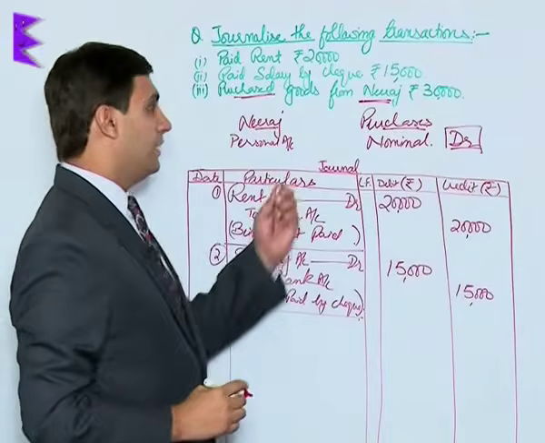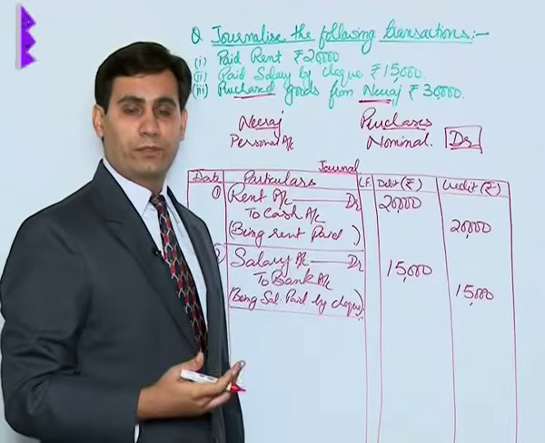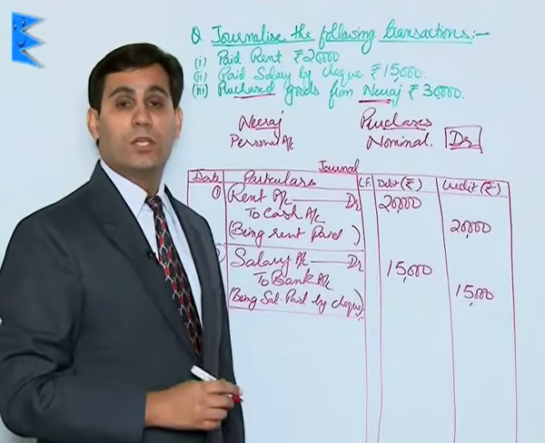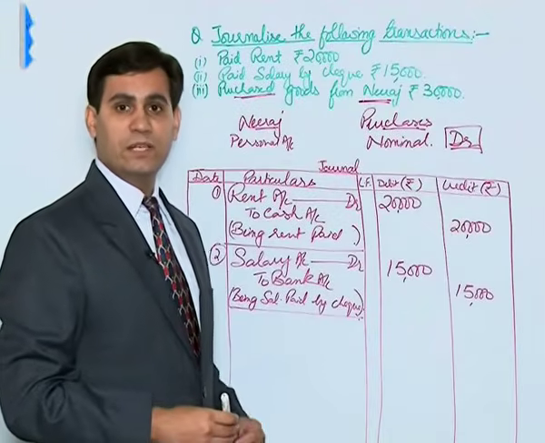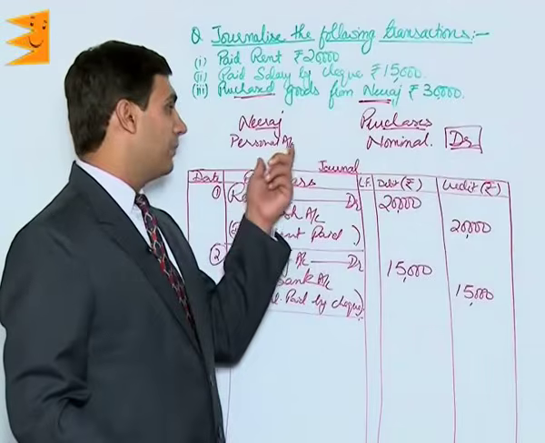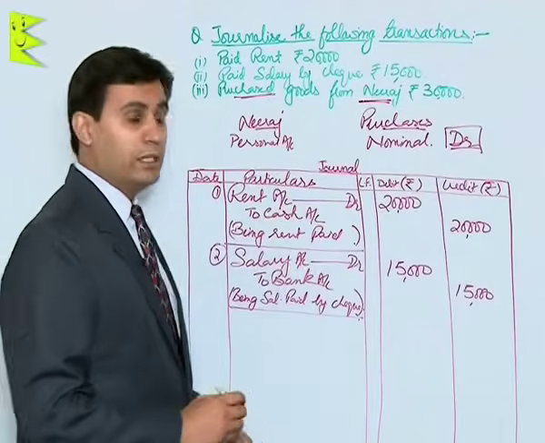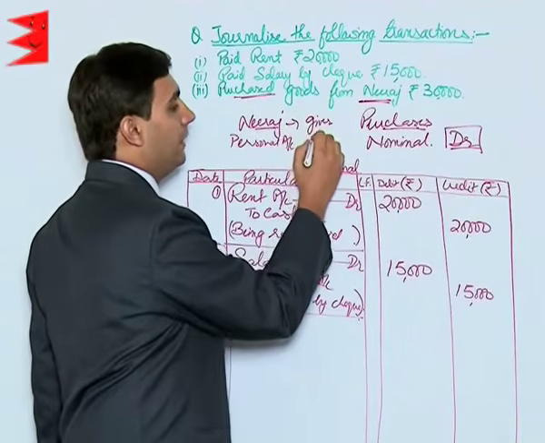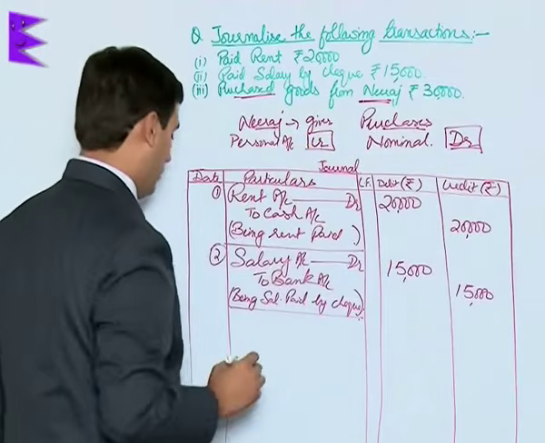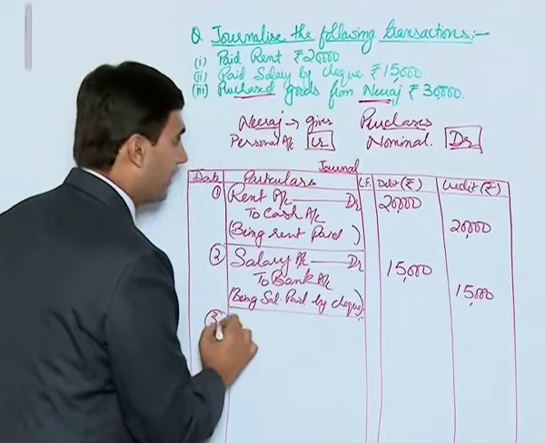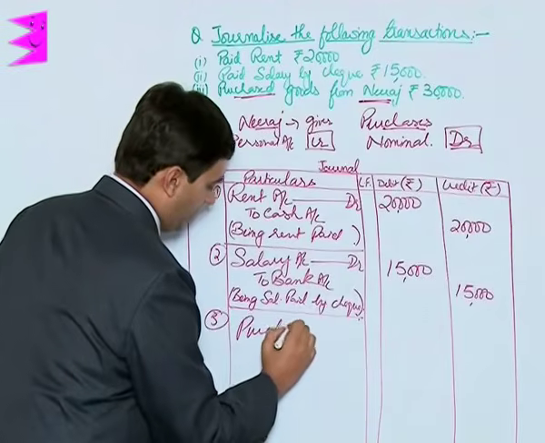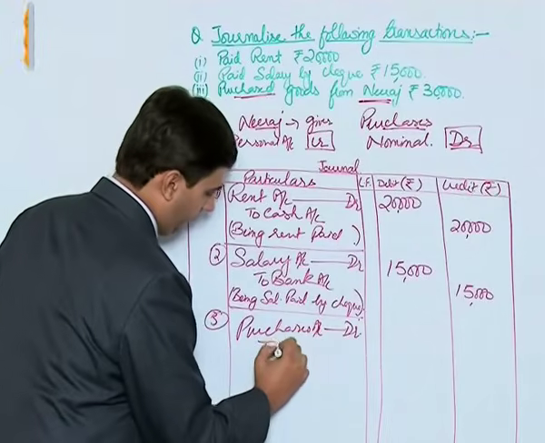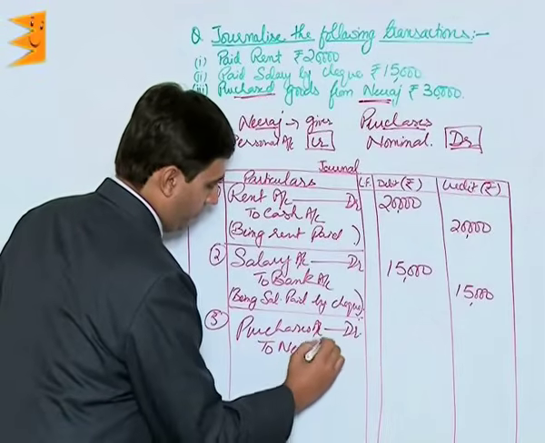Whereas Neeraj is actually a giver, because in personal accounts the keywords are giver and receiver. So let us recall the rules: debit the receiver, credit the giver. Since we are purchasing from Neeraj, Neeraj is actually a giver for us. Since he is a giver, this account must be credited. So students, the entry would appear as purchases account debited to Neeraj,